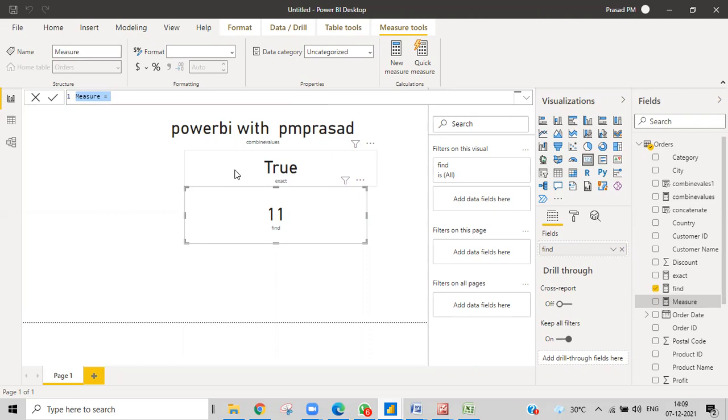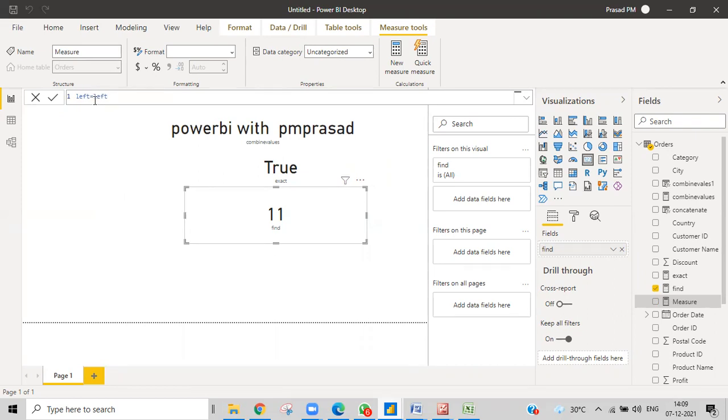So in measures, what we're trying to do right now is LEFT. It's not necessary to write the same function name as the measure name. You can write something else, your name also, some xxx, Prasad or anything, doesn't matter.